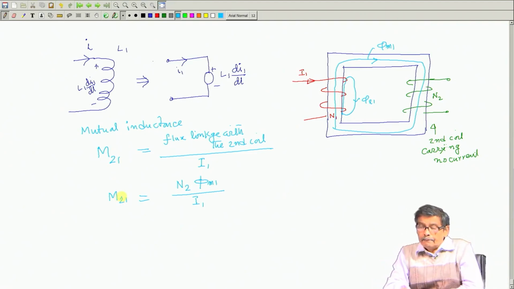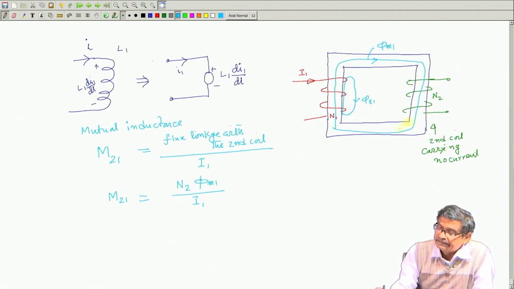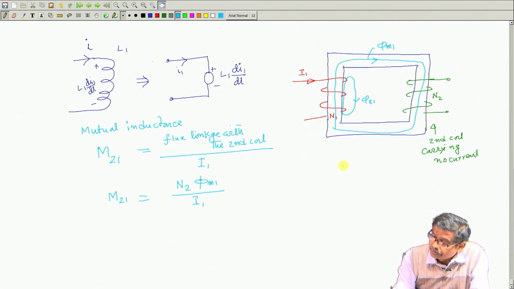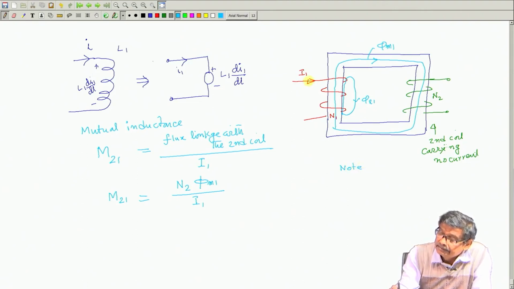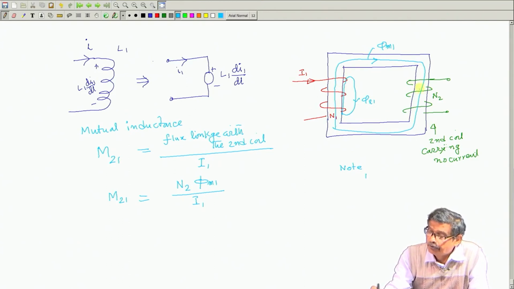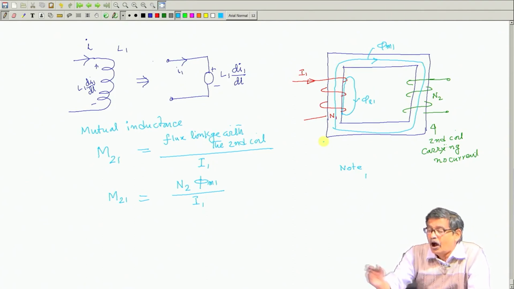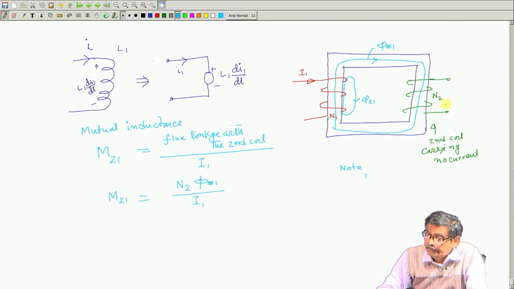Okay. Now, this mutual flux can be calculated. Note that this coil is carrying a current. What is the MMF which has produced this one? It is N1 I1, is it not? That is what has produced this mutual flux. I am interested in mutual flux to know how much will be the flux linkage per unit ampere. If I pass 1 ampere here, what will be the flux linkage there? So, note that